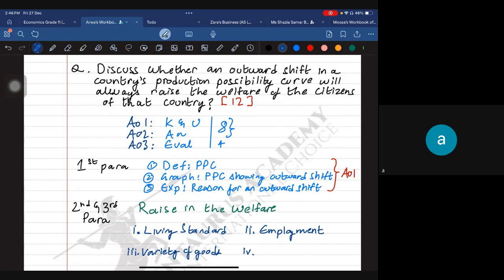Therefore, people will be able to get their necessities, right? Like every necessity that they need. Living standard improved. Okay, yeah, it's the same thing. Okay. Then what else? Can we talk about